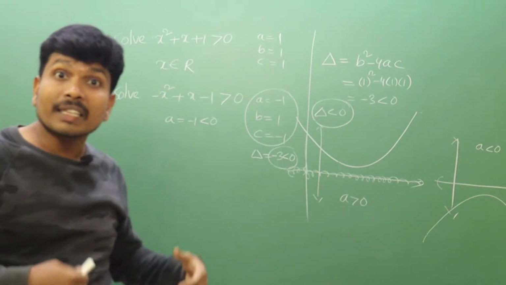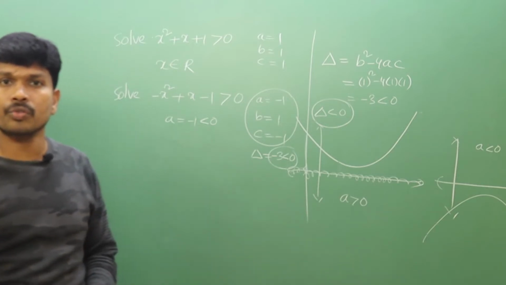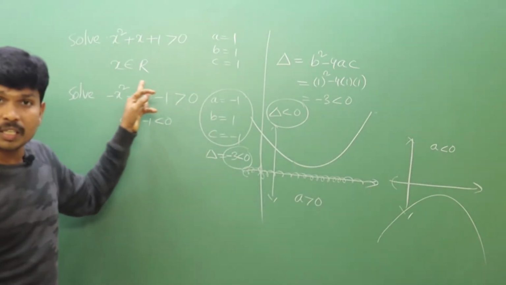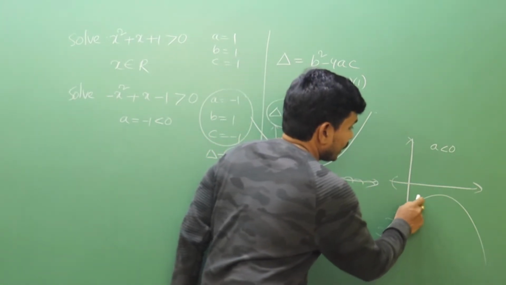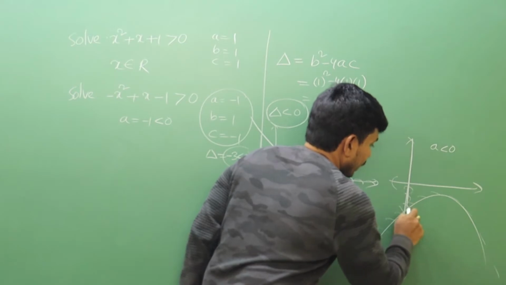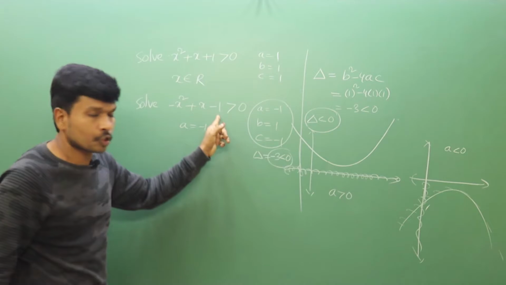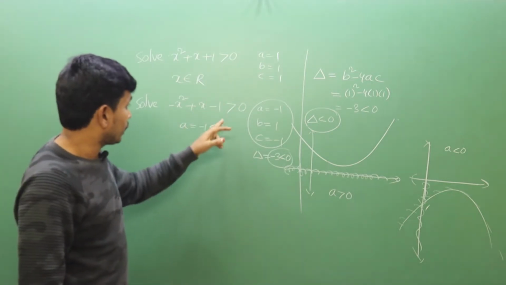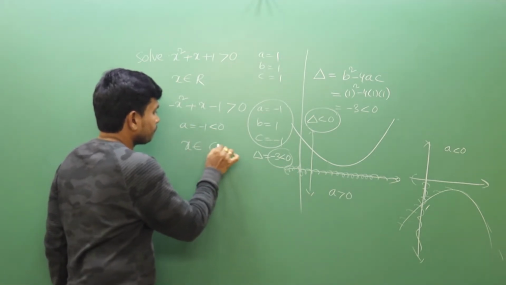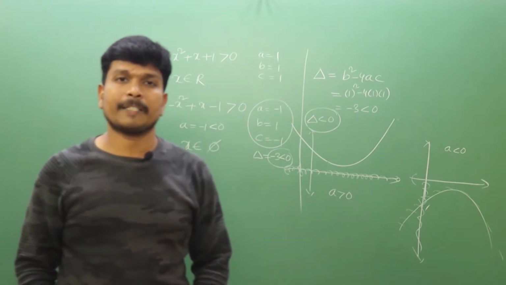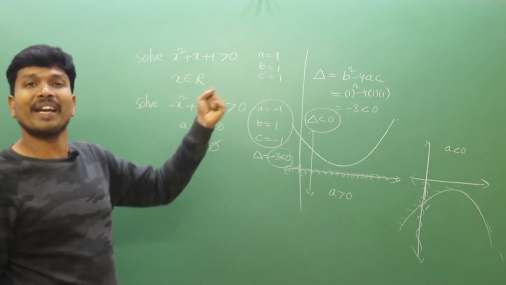So are there such kind of values? Are there any real values which satisfy this inequation? No, because entirely below the x-axis means the entire expression is covered in the negative y-axis, so the output is always negative. Input any x value, substitute it, you will get negative. But here positive values are asked. So your answer is x is a null set, an empty set. Such kind of x values we couldn't get.